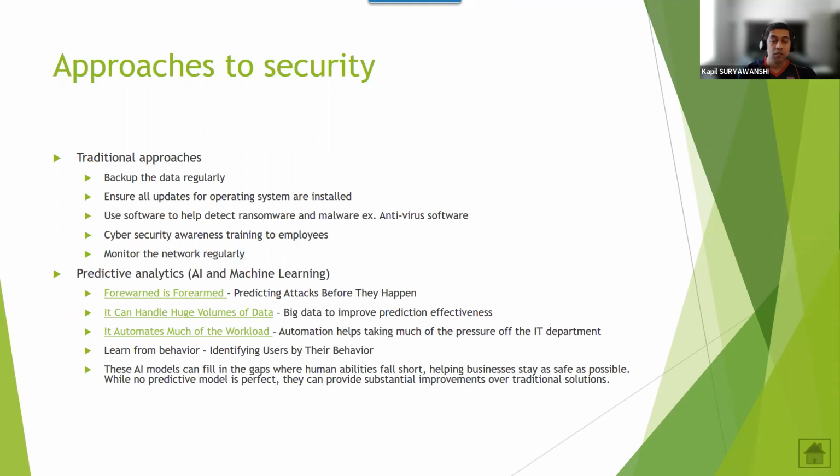And similarly, because it's a program, it would relentlessly keep doing its job with 0% error, right? A human over a period of time doing the same job will get tired of it, and then slowly start introducing human errors in the entire process. Whereas these automated programs remove these gaps, and wherever the human abilities are falling short, they are helping businesses